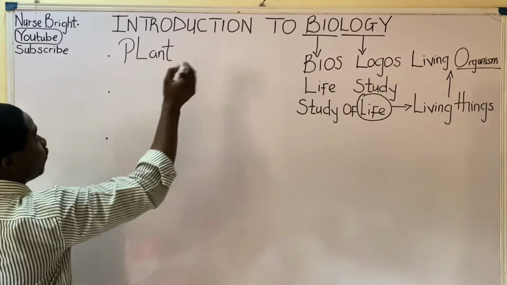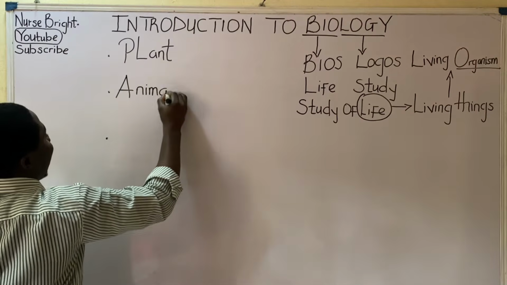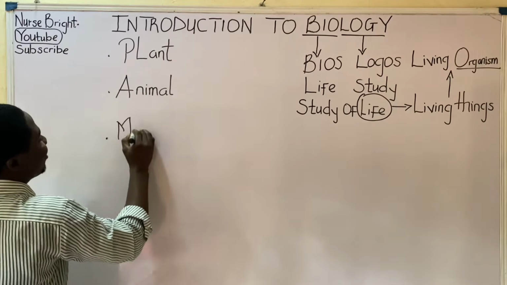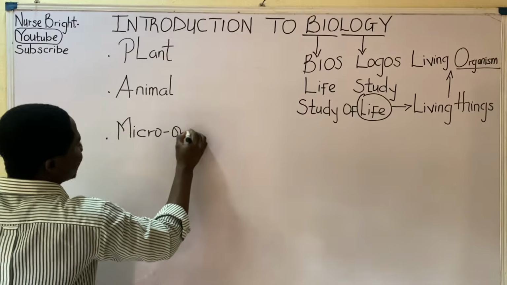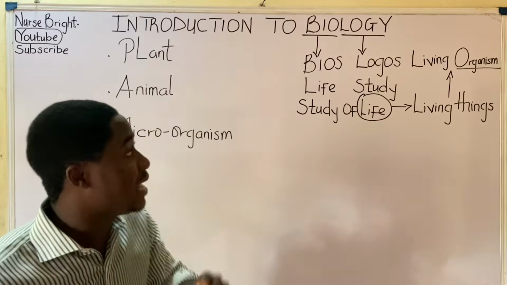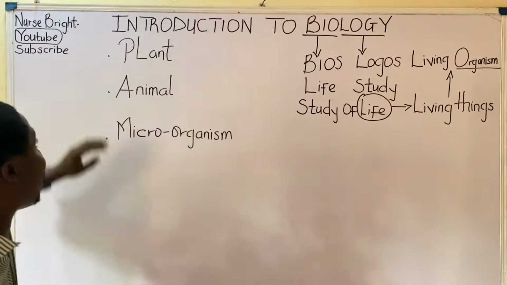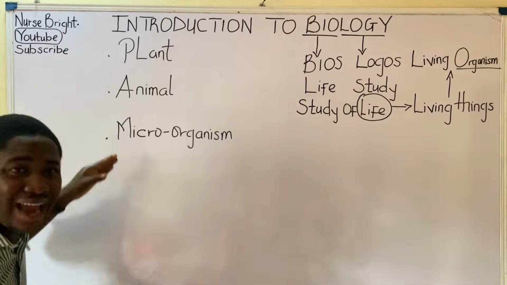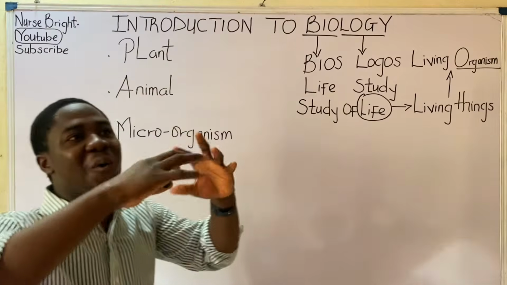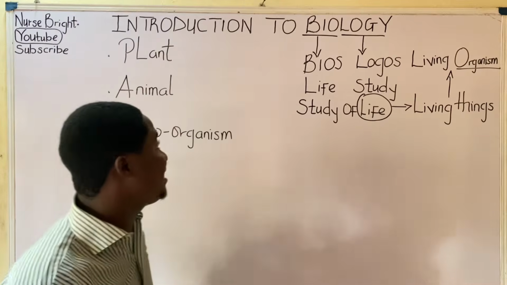The second group of living organisms are regarded to be called animals. And the last group of living organisms are regarded to be called microorganisms. Now listen carefully. There's something I'm about saying. So you can see that I broadly divided living organisms into three groups, which are plants, animals, and what? Microorganisms. So in biology, these are the main groups of organisms we study,